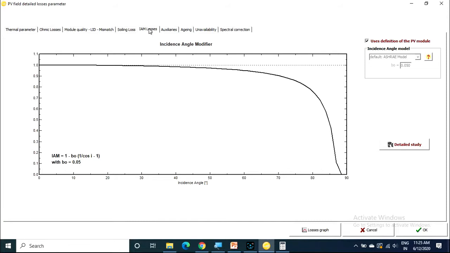When the direct component sun rays are not incident on the solar panel, then some amount of loss will be considered. That loss is included in the incidence angle modifier. So I am clicking on this, then the incidence angle modifier losses will be considered.